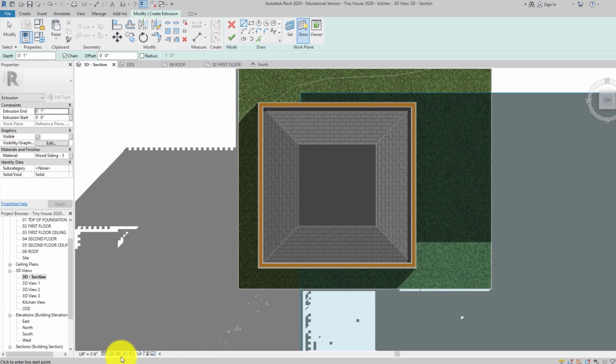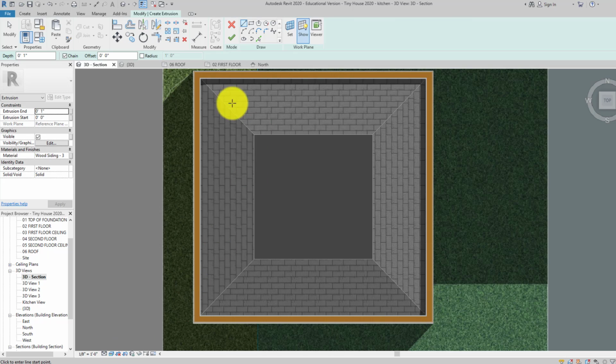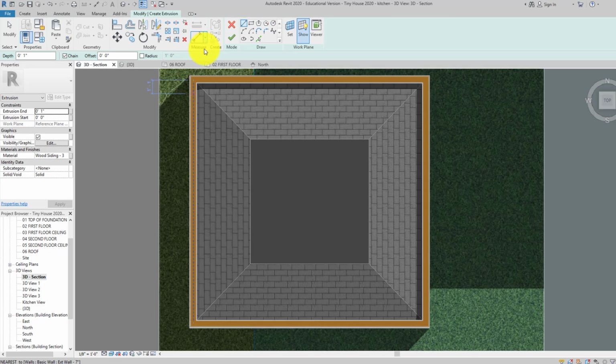I don't know why I have shadows. I have realistic on, and I have shadows, but I can't seem to turn those off right now. Okay. That's very odd that it's not down here. Maybe because I'm in extrusion. Alright, so anyway,